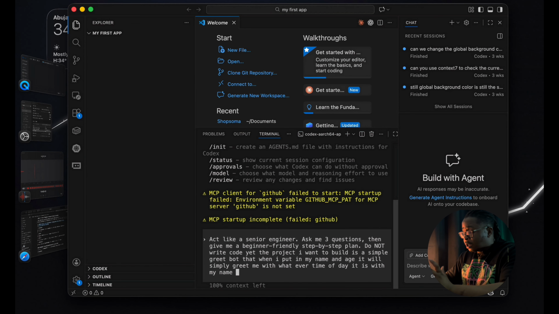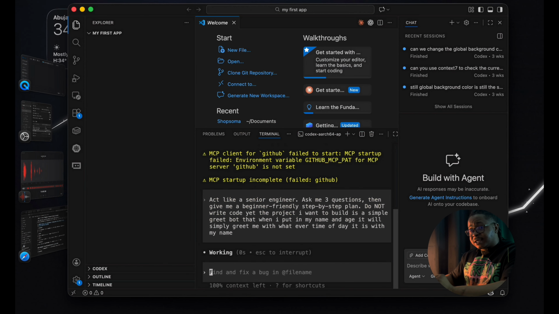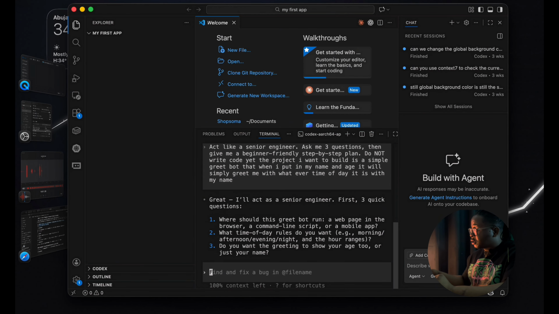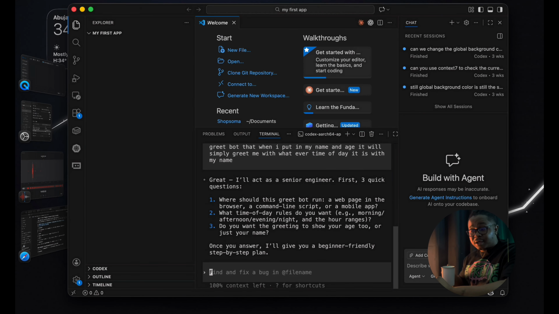Simple. Now, let's do this. Watch the magic happen as I hit enter. Now, as you hit enter, you simply grab yourself that coffee again.